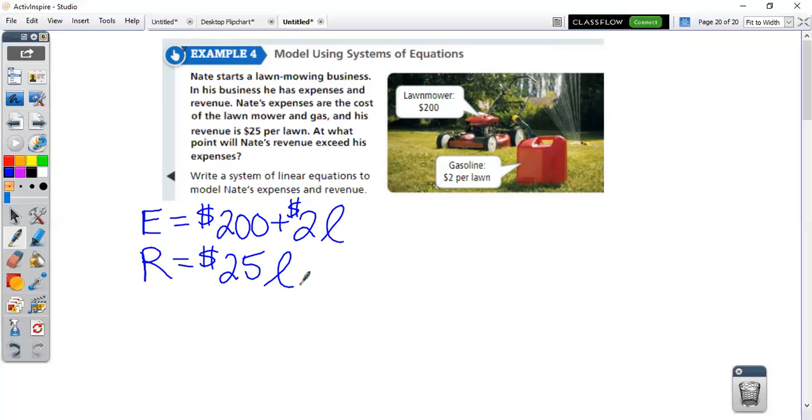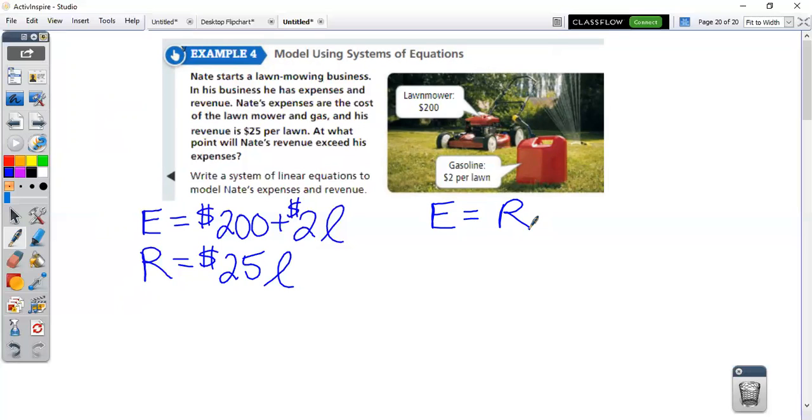Okay. It says, at what point will Nate's revenue exceed his expenses? So, in other words, at what point does he start making money? Okay. Sometimes that's referred to as the break-even point. All right. He has to mow this many lawns before he makes any money. Okay. So to figure that out, the break-even point is where these two things are what? Equal. Okay. So if I wrote E equaled R, expenses equals revenue, and then I just substitute these in,